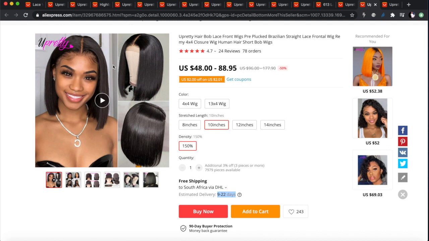I don't want to call my website Mzansi Hair. I want to call it something that people are actually going to be searching for, and I want the search engine to pick up from my domain name that that's what my website is all about. My website is about lace wigs, so I want to call my domain lace wigs.